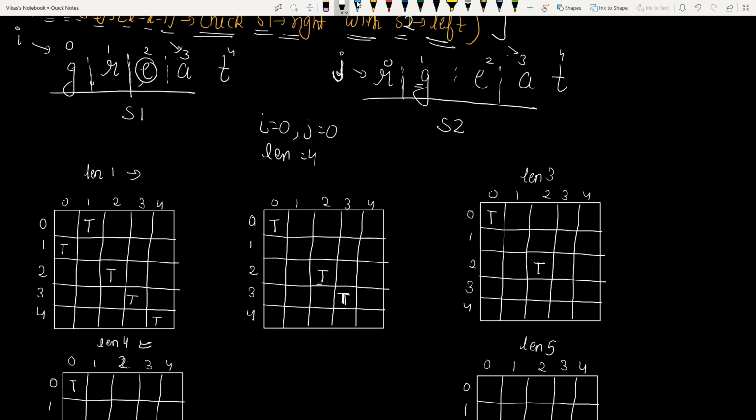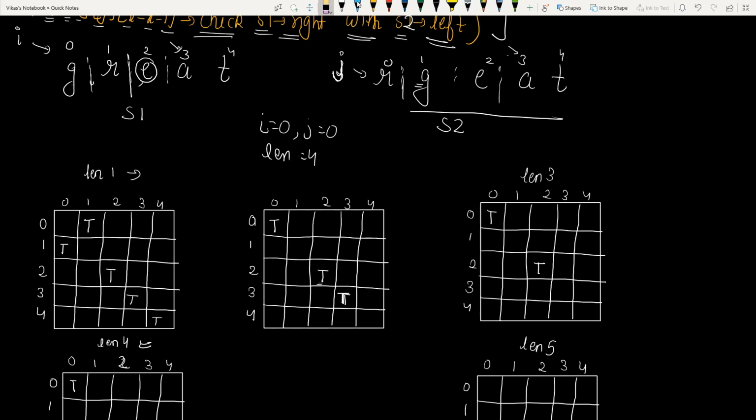Afterwards, we are going to check for GEAT. GREA is not matching with GEAT. So we have done our work for this GREA. Now we are going to check for REAT. RGEA is not matching, GEAT is also not matching. So we have done our work for length equals to 4.